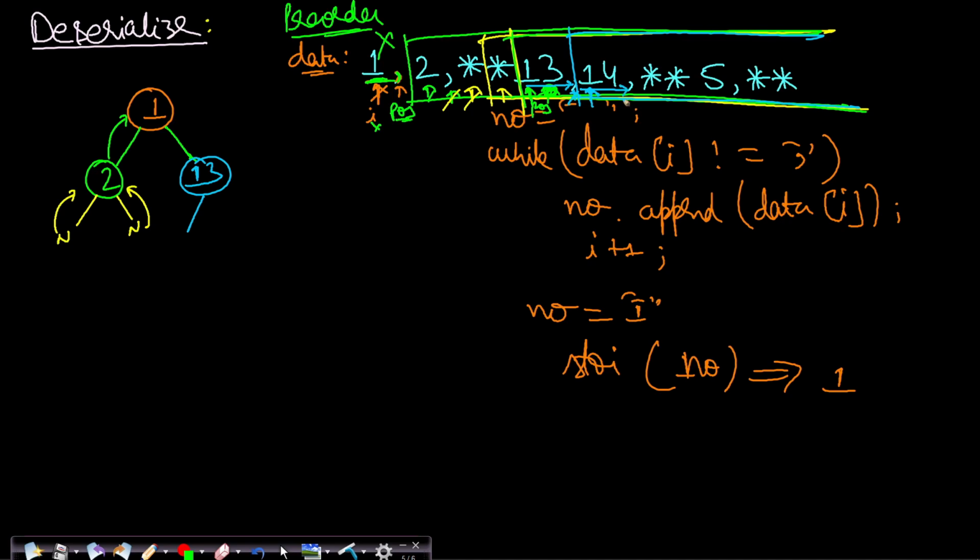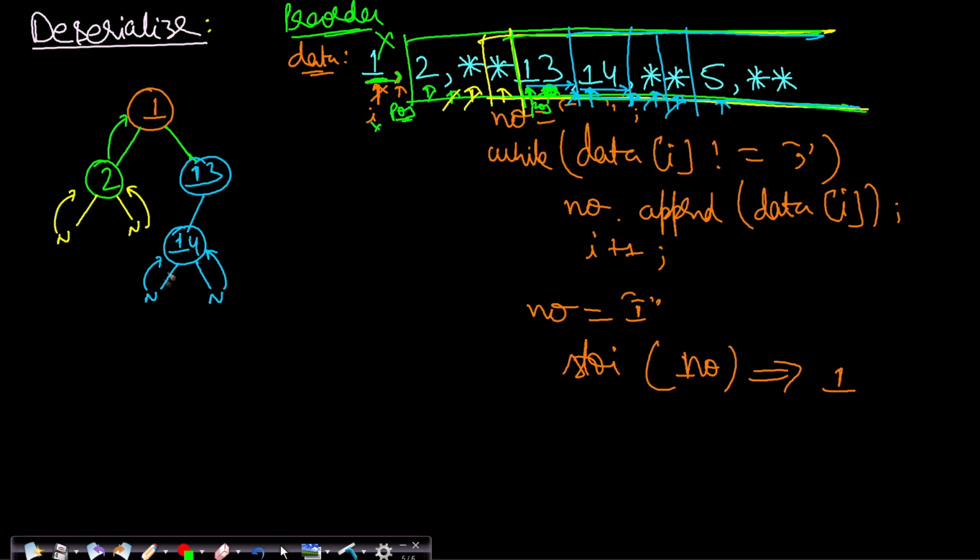So I will again extract the number and end up at this comma, and 14 will be inserted here, and again I will make the left call by trimming out till this comma, so my position pointer will be pointing to star. So when this is star, it will return null, and then again trim it out and we will be pointing to this star. So when we make the right call, it will be null, and this will also be returning null value. Again trim it out, reach 5.